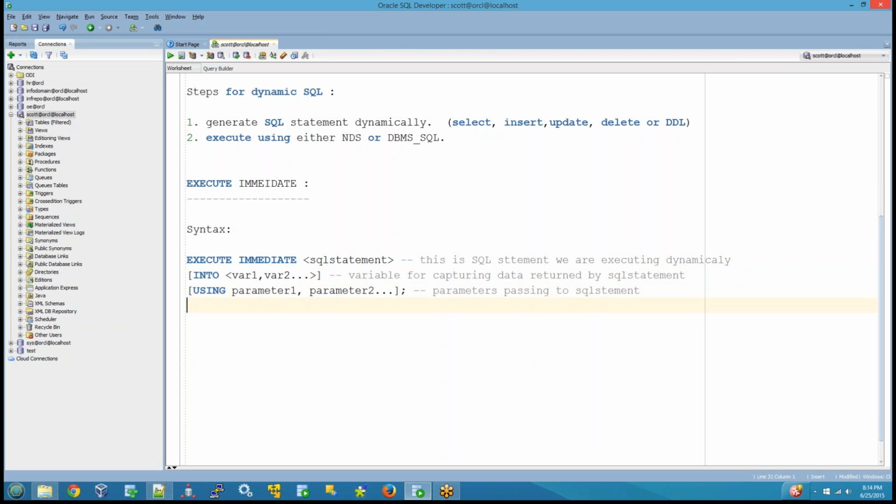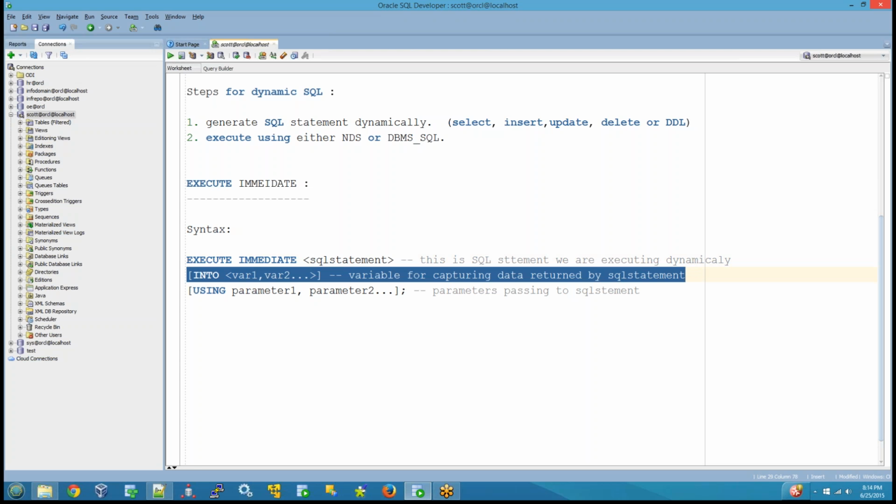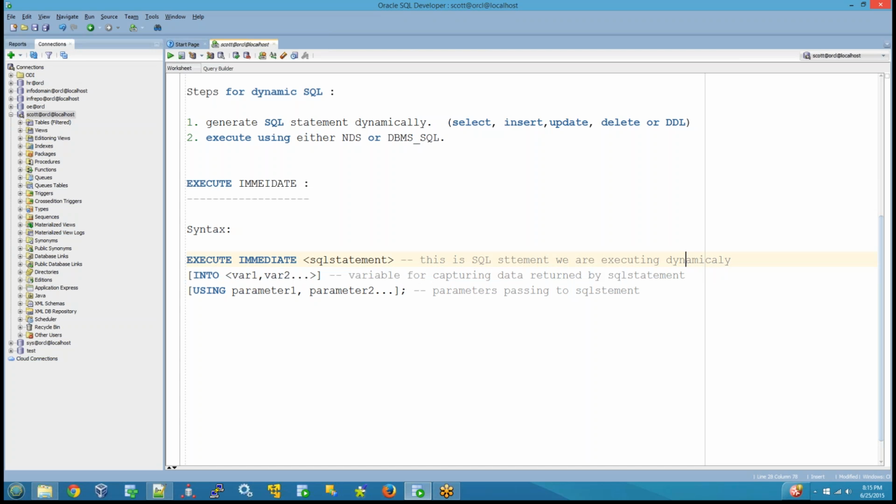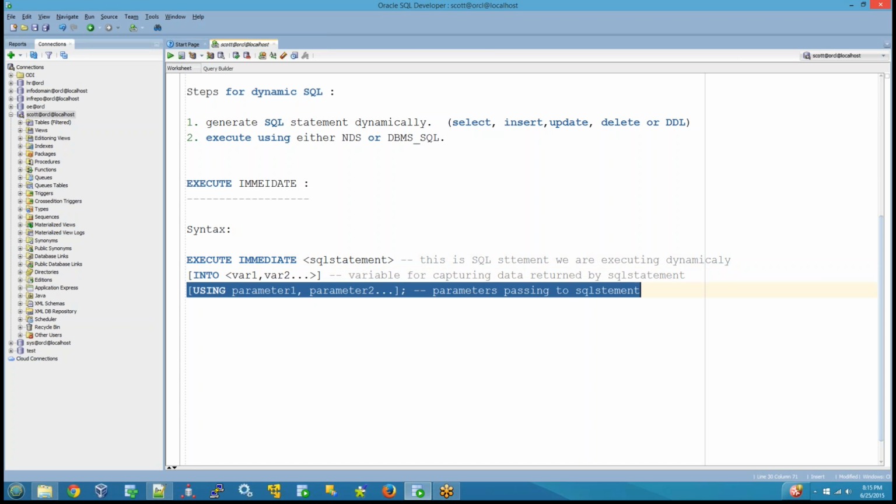So, execute immediate your SQL statement. This is the SQL statement we are executing. After successful execution, if the SQL statement is returning any values, we have to capture the values returned by this SQL statement into these variables. That's one thing. And the second thing is,